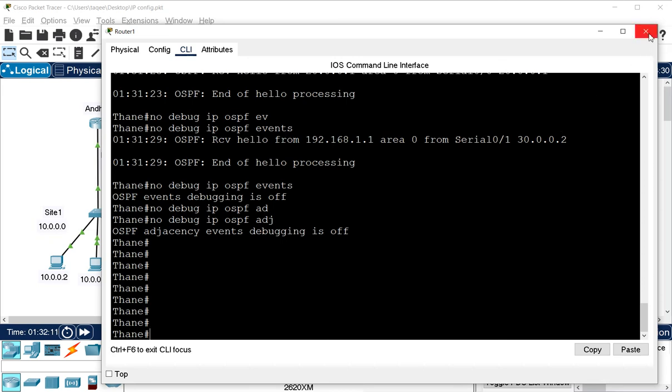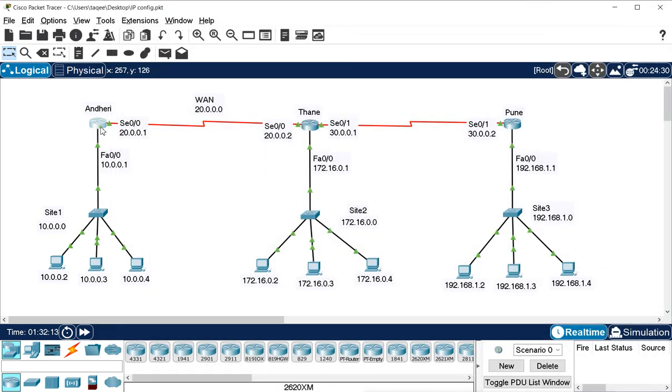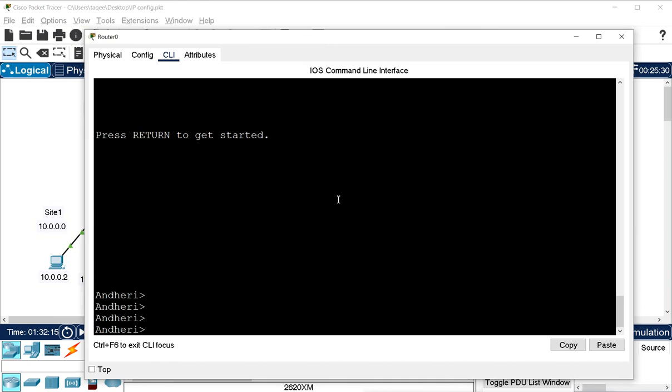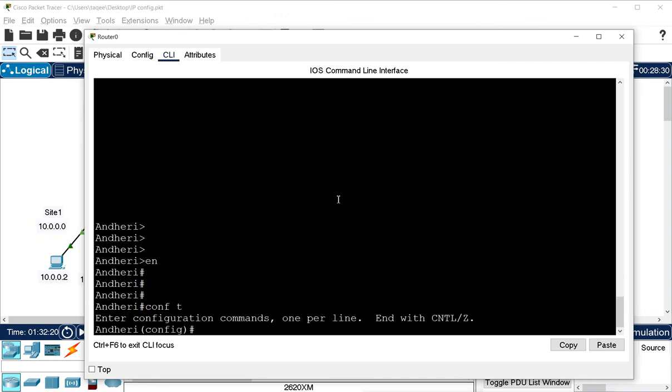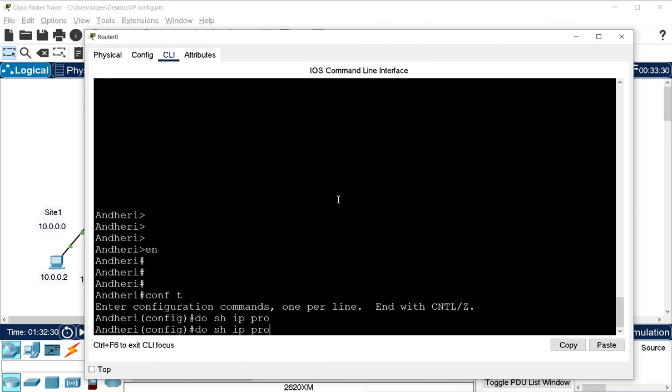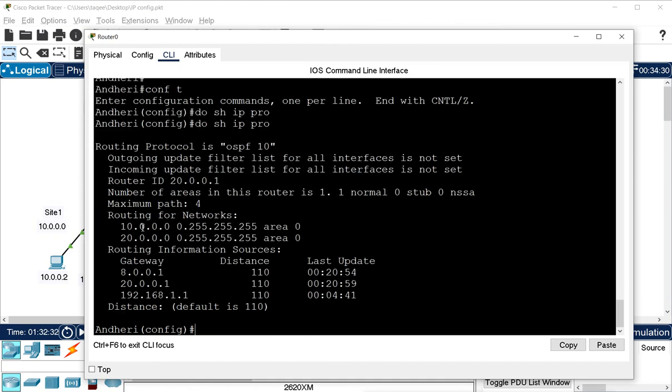It is very simple. Like RIP, we can remove a single network, or we can remove the whole OSPF process. So for removing OSPF or a single network, first let me show you show IP protocols. It is doing the routing for these two networks, 10 and 20, and I want to remove one from it.